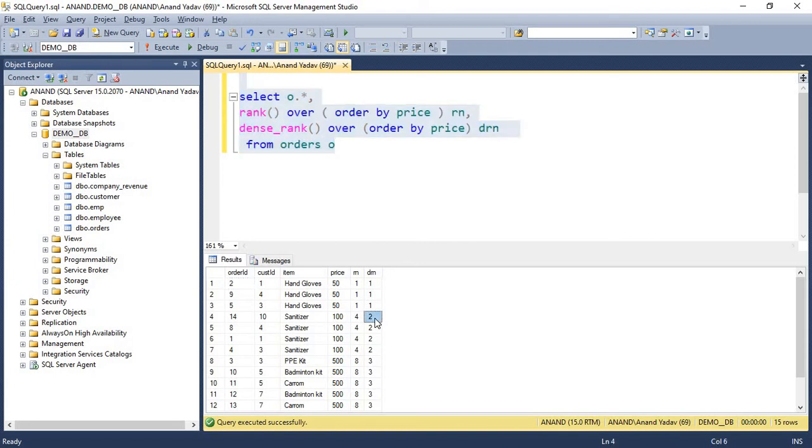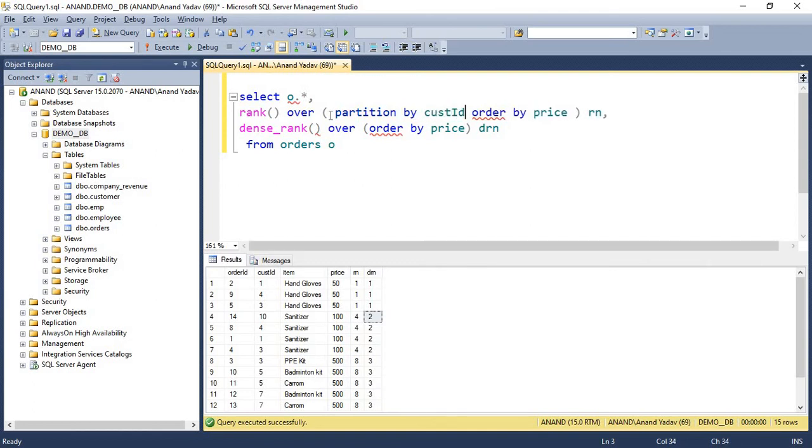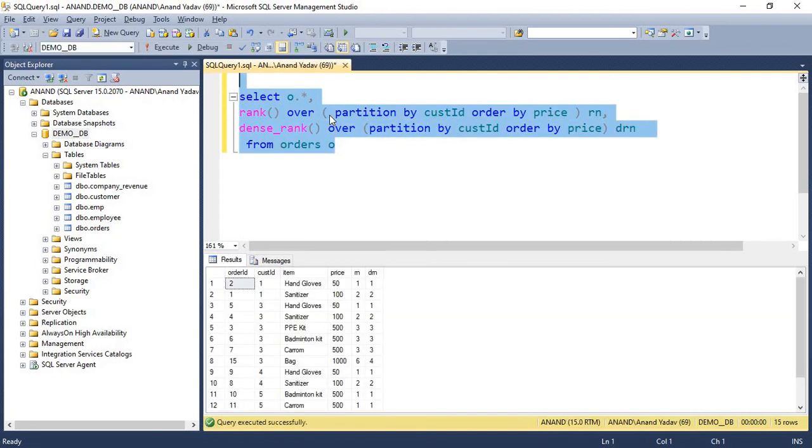Now the second problem statement is that we want to group them by customer, and see at what range a customer is buying products, so that we can recommend items that come under the customer's range so he can make a purchase.